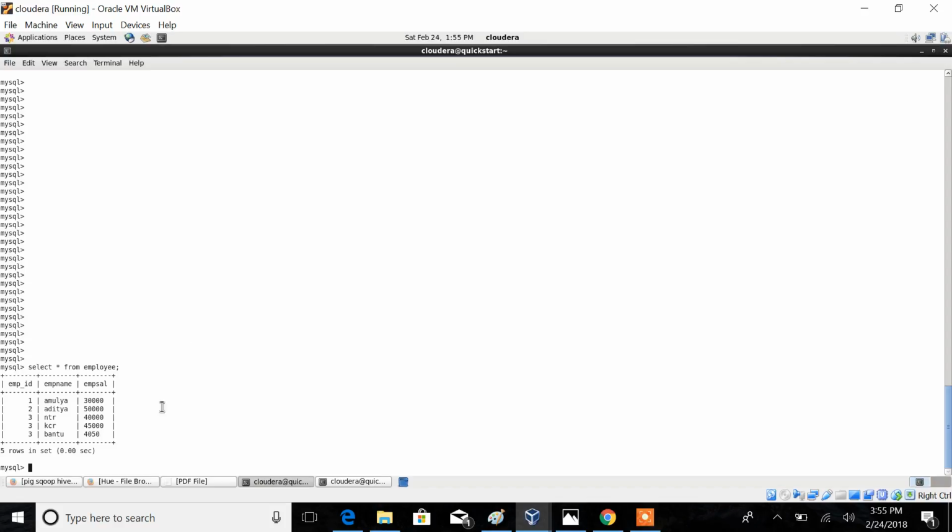I have a table called employee, and whenever I import it, it will be fully updated. But when I insert new rows into it, I have to execute the same command again and again. So I'm using the option called incremental import, which by default appends the data to the